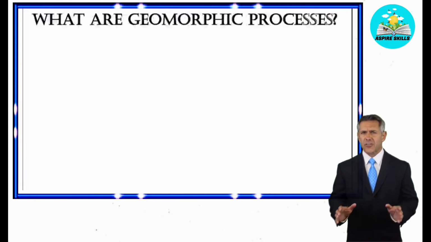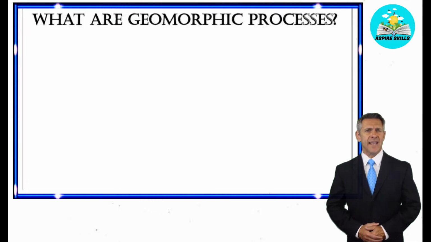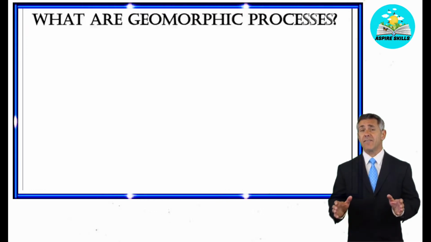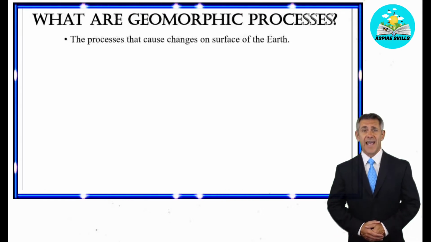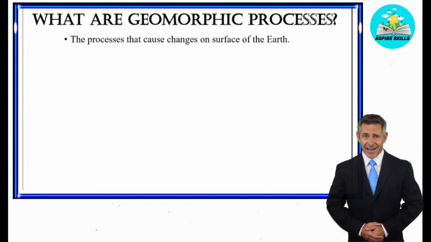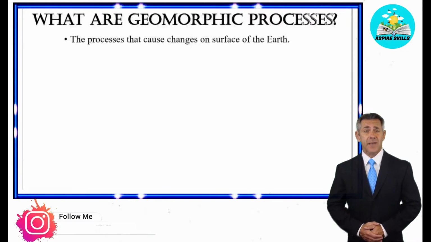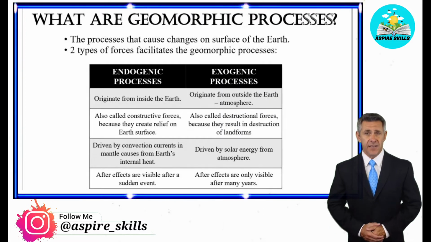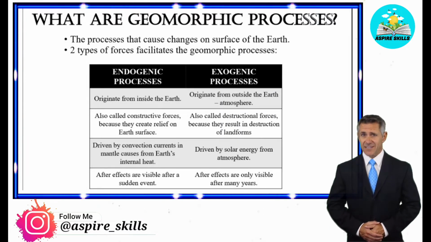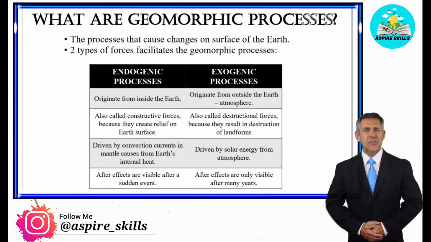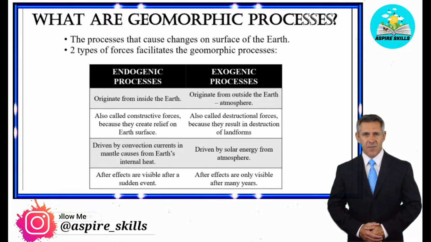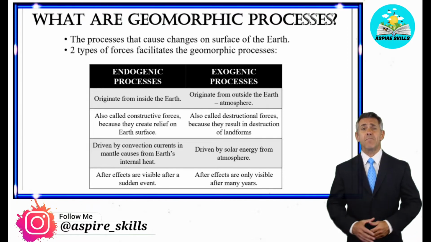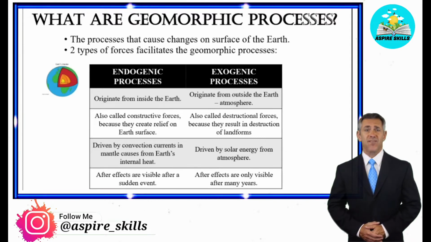In this video, we will be covering the geomorphic processes. So what are the geomorphic processes? They are the processes that bring changes to the Earth's surface. These processes are controlled by mainly two types of forces, endogenic forces and exogenic forces. The word endo means from inside and the word exo means from outside. That says itself that endogenic forces originate from within the Earth's surface and exogenic forces originate from outside the Earth's